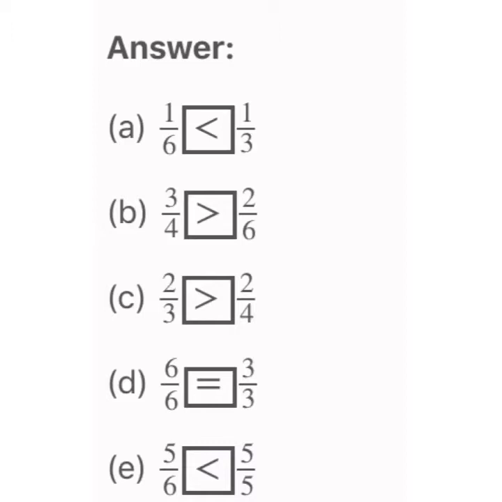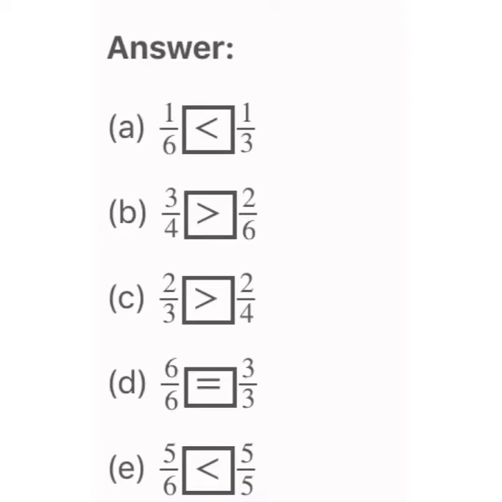Yes. Now see the third figure, you will see 1 by 3 and compare it with 1 by 6, that is figure number 6. So here which one is greater? Yes, here 1 by 3 is greater. By observing the figures you can see that 1 by 3 is greater than 1 by 6, and you can use the formula also here that if the numerators are same and the denominators are different, the fraction with small denominator is greater. So here 1 by 3 is greater than 1 by 6.